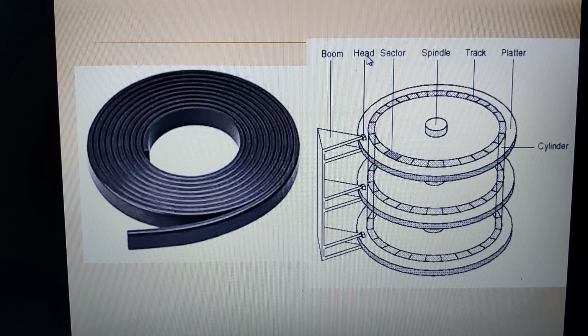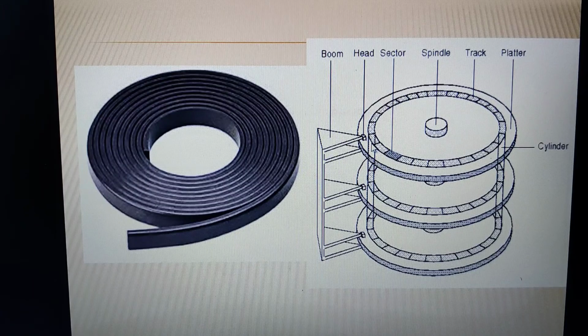Can you see the head unit here? So what is a head unit? A head unit consists of both the read and write head, isn't it? Combined, we call it the head unit. So read or write heads have been mounted on each track. Can you see here? It has been mounted on each track, here also, and here also, so that the data can be recorded and read as a sequence of characters.